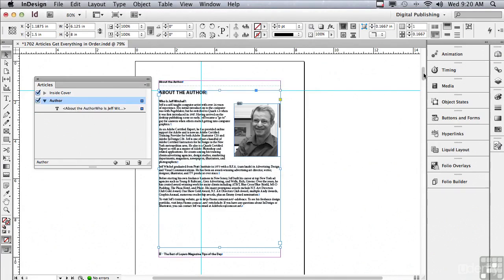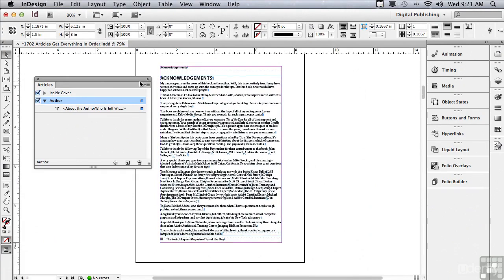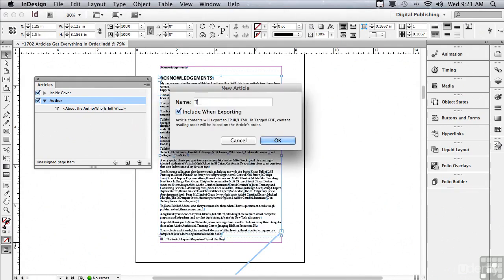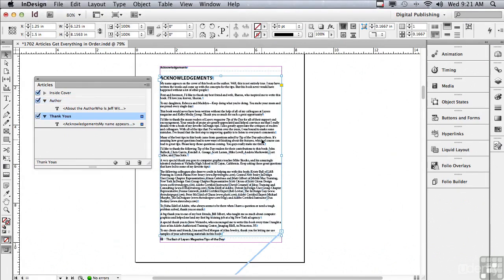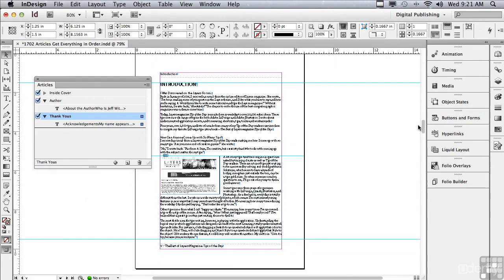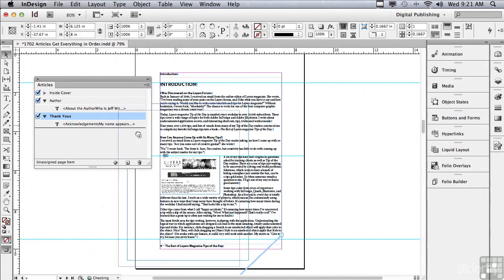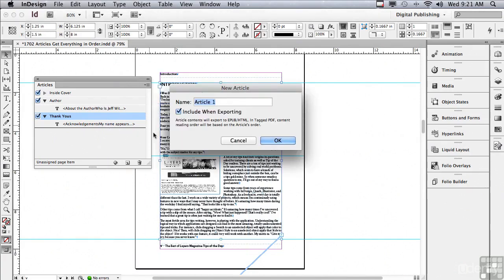Let me scroll down further. The next section is Acknowledgements, and that too is a separate story. So I just need to click and drag it into the Articles panel, and I'll call it Thank Yous. Just click OK. Let me scroll down a little bit further and go to the next chapter, and that's my introduction. Oh, but what about the images? We're going to talk about that in an upcoming lesson. Let me just drag this into the Articles panel, and we'll call it Introduction, and just click OK,